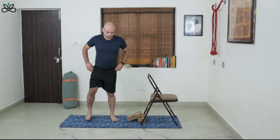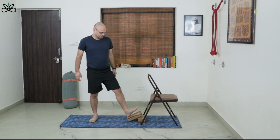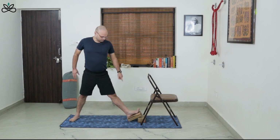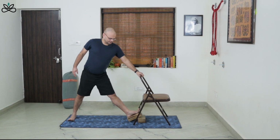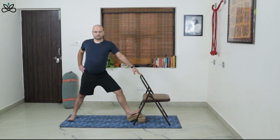Now again, keeping my left foot on the block, left heel in line with the right foot arch. I'll separate my feet, both the thighs going out from the front, bringing my knee and ankle in one straight line. On the back leg, I'm pressing the little toe firmly, holding the chair like this. Tip of the shoulders going back, keep my chest open. I'll bend the knee